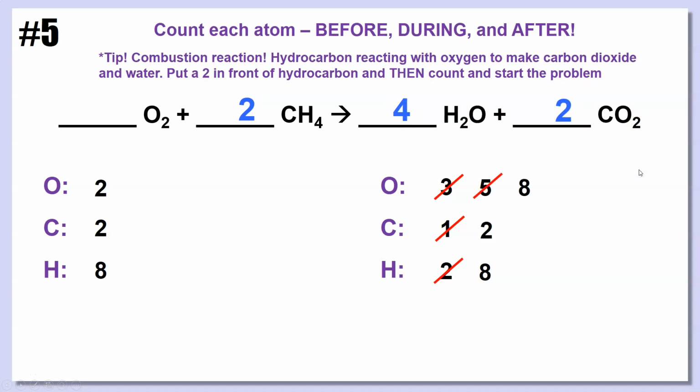Now we have 8. Now to fix the oxygens, if you look at the reactant side, oxygen only appears in one place. So now I can fix my oxygens with one coefficient, focusing on one molecule. It's going to be a much easier thing for me to do. So now I know I'm going to put a 4 there. Now at this point,